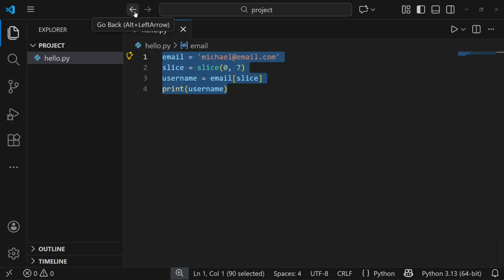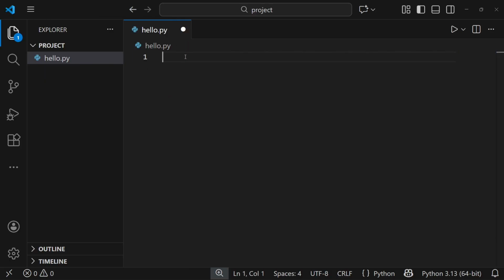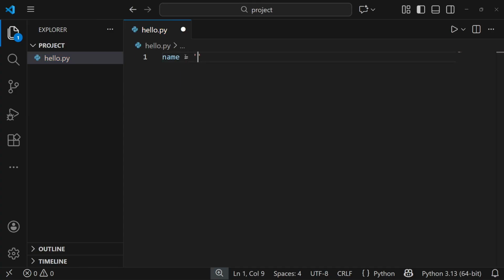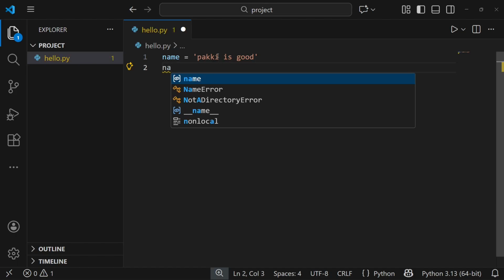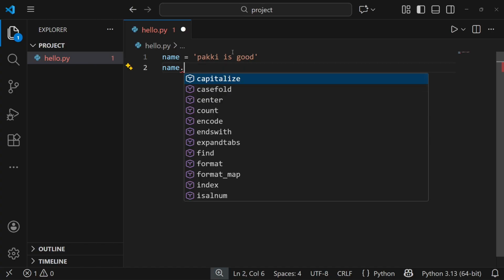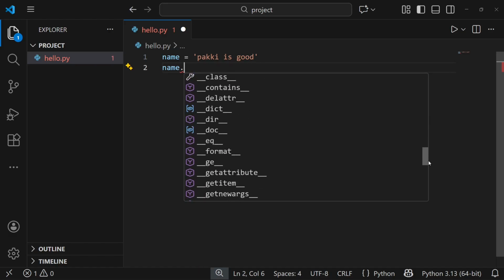So the next thing I'm going to learn is string methods. So let's say I have this string here, this name here, let's say Paki is good here, right? So string methods basically means what we can do with this string here. So with this string, you can do so many things. So we are going to type this name variable, and press this dot operator on our keyboard. When you press this dot operator, you can see so many functions here that you can actually do with this string,